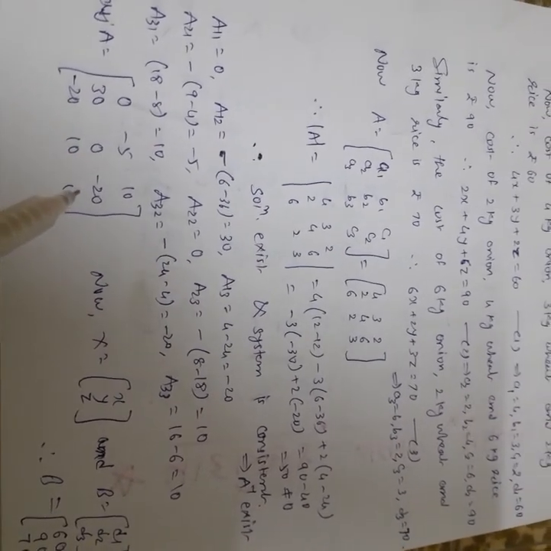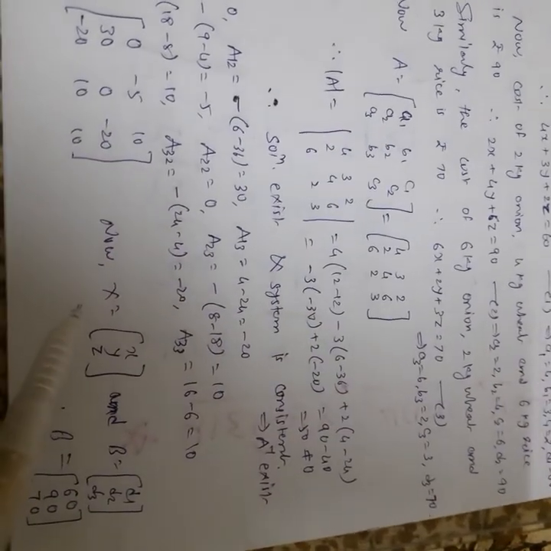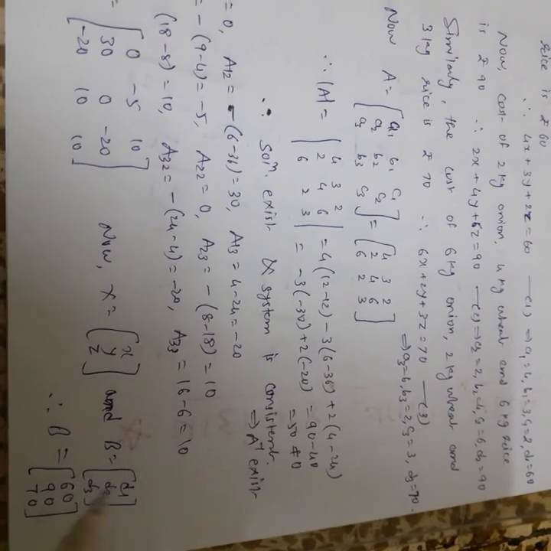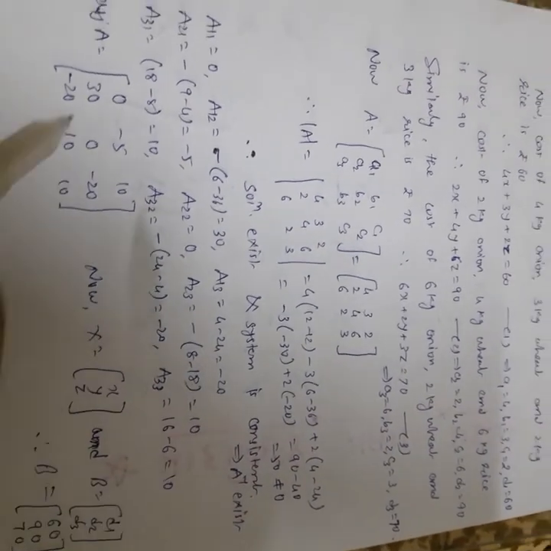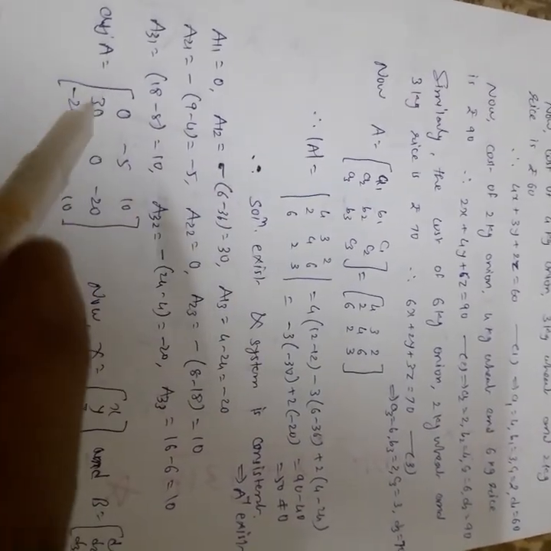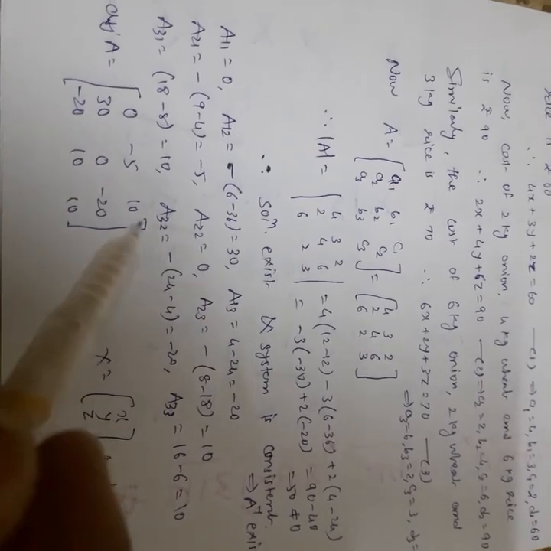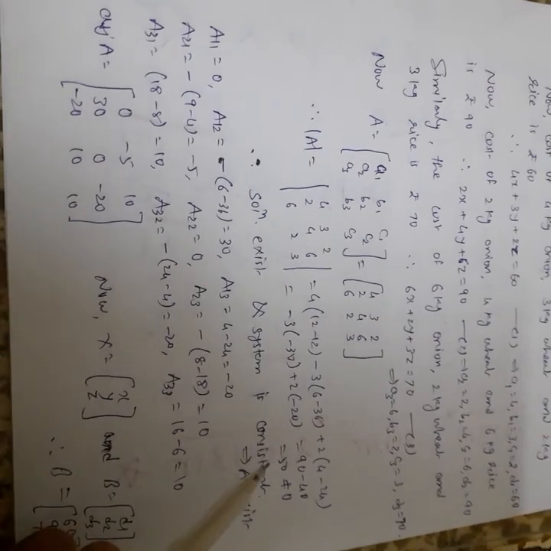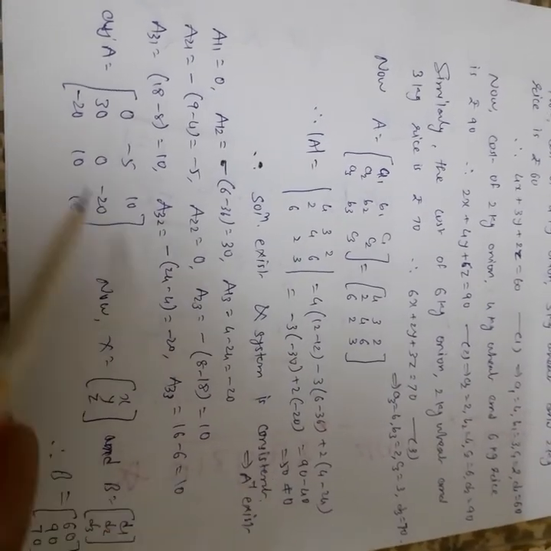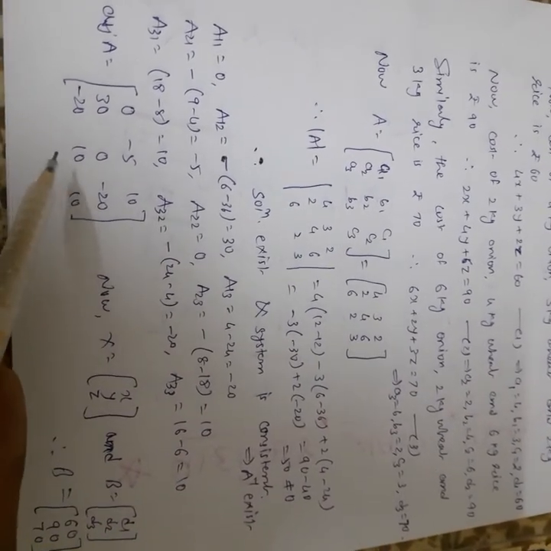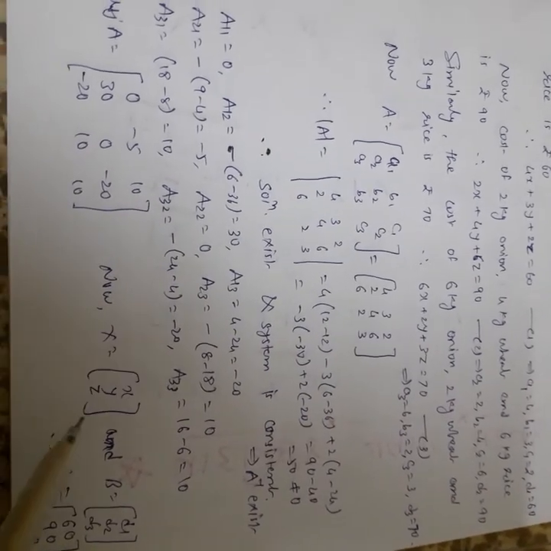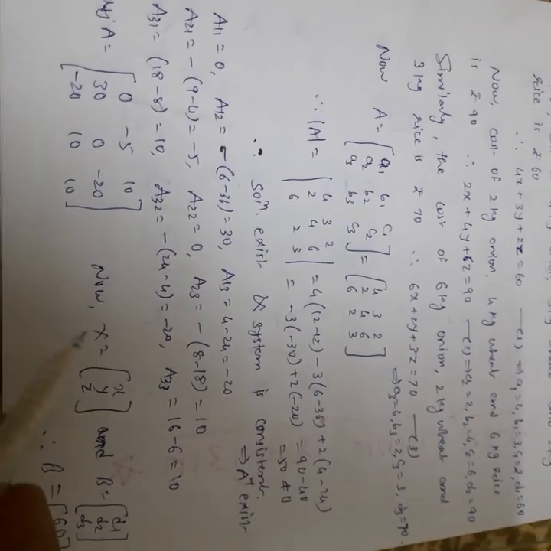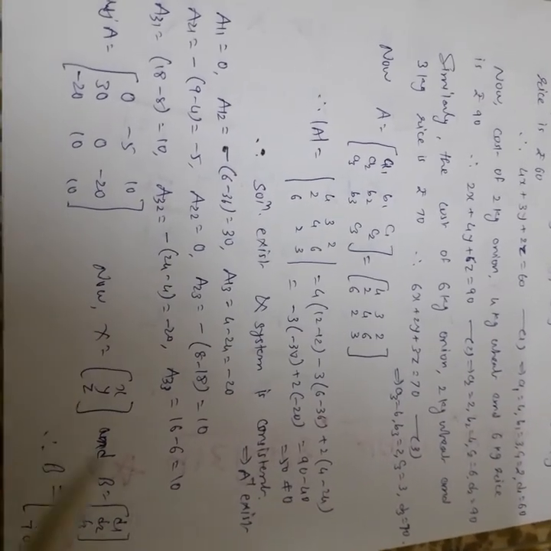Now we have the variables of the matrix, that is x, y, z, and B, d1, d2, d3, that is the right hand side, that is 60, 90 and 70. Now we have to find the inverse of this matrix, and we have the formula A inverse equals 1 by determinant A into adjoint A. So we substitute the value of determinant A, that is 50, and adjoint A in that formula, and B is 60, 90, 70 with this adjoint, and we take the multiplication of these two. Then we get the values of x, y and z.